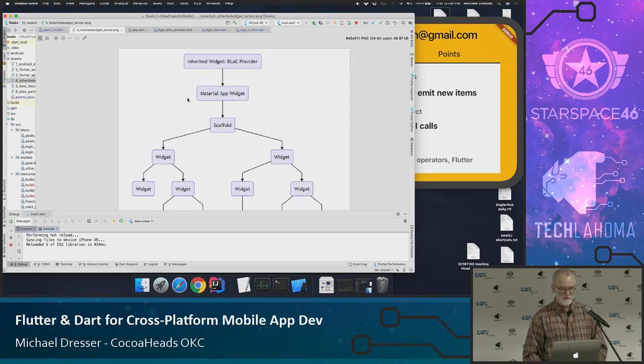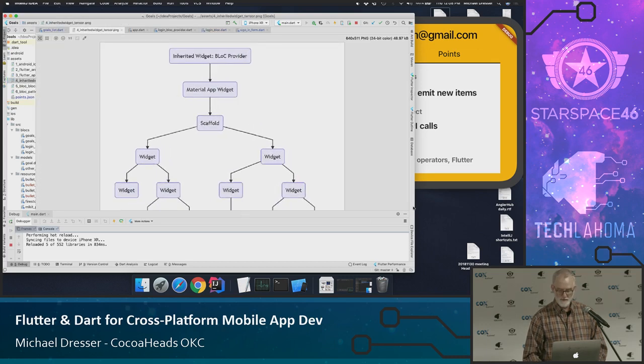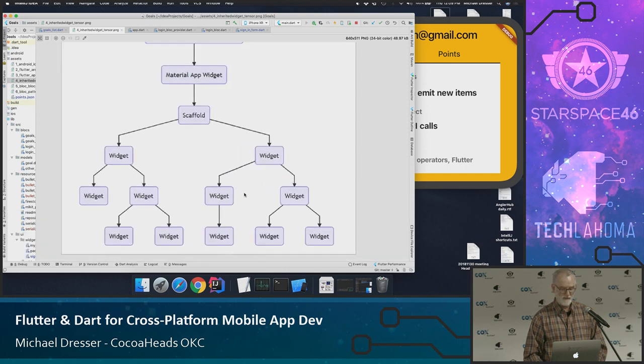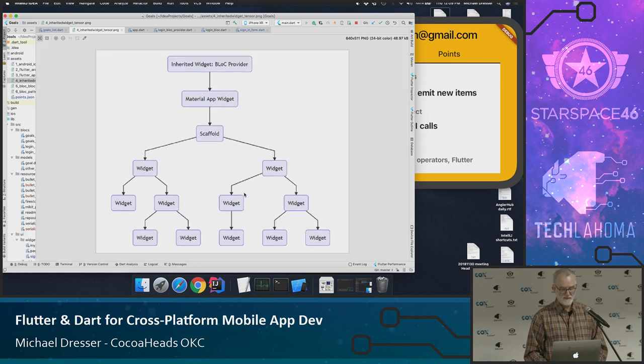There's one question: how do you get access in a big widget tree like the one I showed before to a particular piece of state or a service? In Flutter, there's a widget called InheritedWidget that, as the platform is building a tree, if it encounters an inherited widget, then it puts a reference to that in a table.